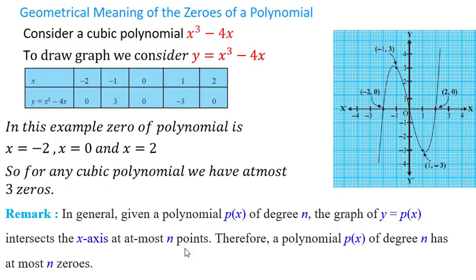So we have understood about zeros of a polynomial. Already we have done this in 9th standard. Here in 10th standard we have extended this topic and understood their geometric meaning. And in their geometric meaning it is very simple: the zeros of a polynomial only indicate the x coordinates where the graph of the polynomial cuts the x-axis. Now let us see a few problems based on this concept.